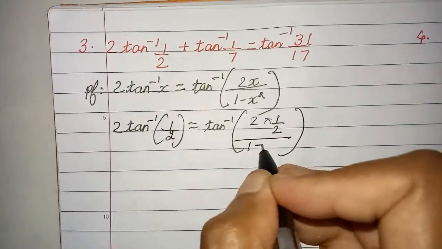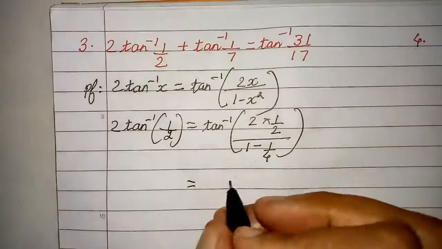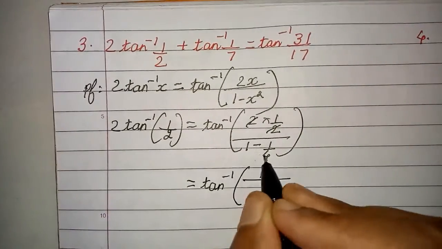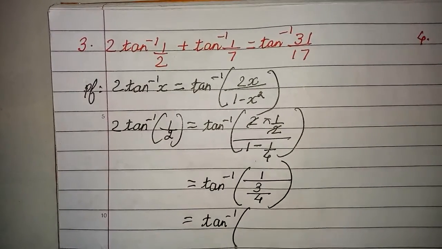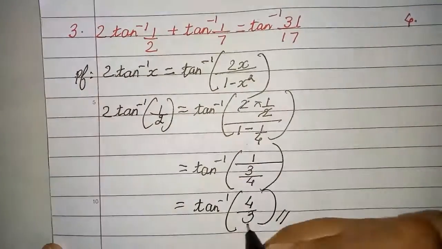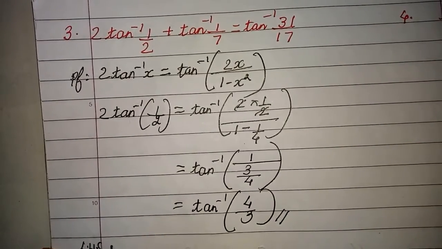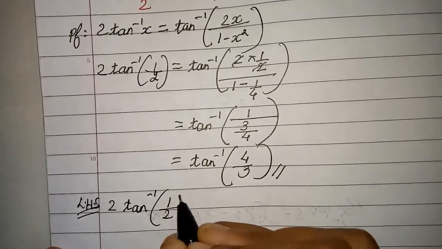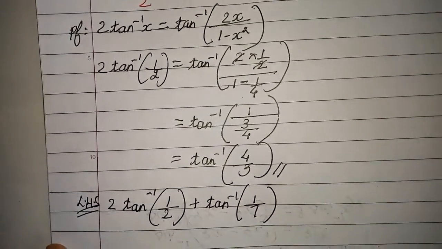Upon 1 minus x, x is half. Square it. It will be 1 by 4. So now when I further solve it, this will be tan inverse of 2 into half will get cancelled. It will be 1 upon 4 minus 1, 3 by 4. So it will go in the numerator. So it will become tan inverse of 4 by 3. Is that clear? Now I am going to use this value and substitute for here, as I said before, so that I can apply the formula of tan inverse of A plus tan inverse of B. Most of the exams, children, this is expected. Most of the time this question is asked because it's very simple also, right?